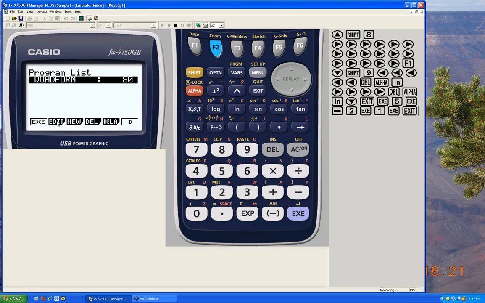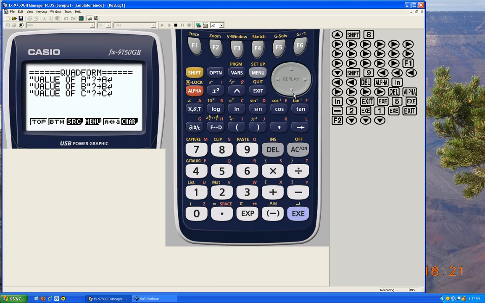So let's press the exit key and F2 to edit our program. Let's go down to our 4th line and write a couple more lines of code. If we have now the values of A, B, and C, we can create a calculation that calculates the values of the quadratic formula for these values of A, B, and C. So if we were to just start typing what we know about the quadratic formula, okay, x equals,